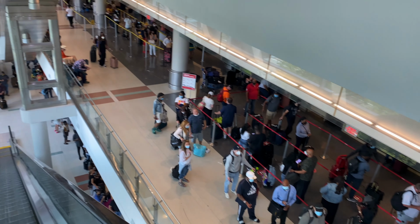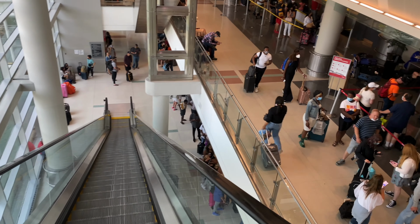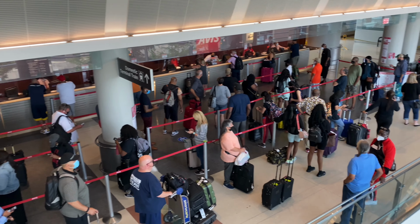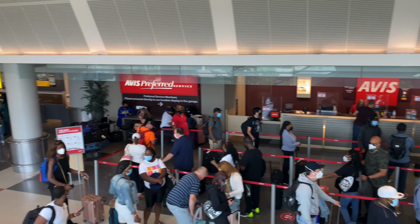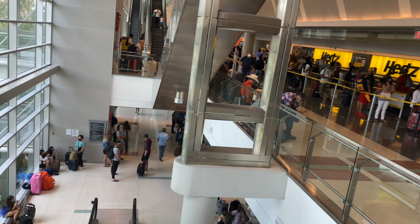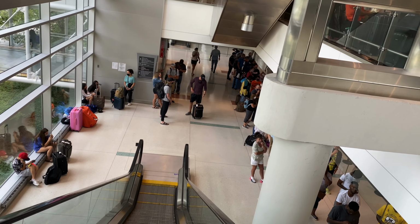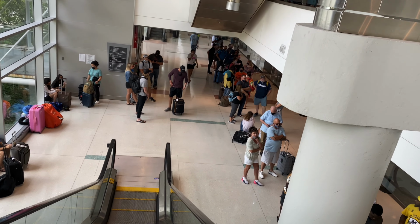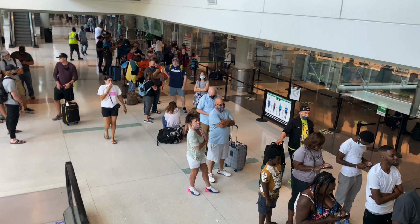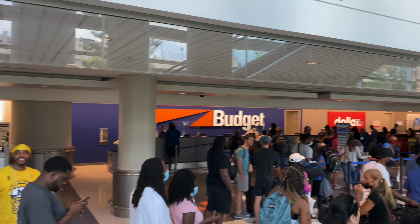But one thing to know, if you've rented a car at Hartsfield Jackson Atlanta International Airport, you will probably run into lines like this on the weekends. There's massive amounts of people waiting to get their car, and these people actually have reservations. So you might want to plan ahead or make plans to not be anywhere soon after getting to Atlanta, because you will be having to wait like you're at an amusement park or something. But that's how to navigate through